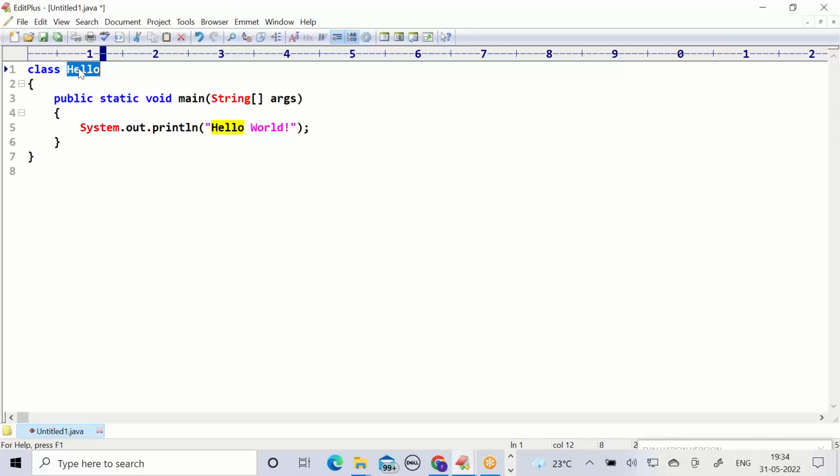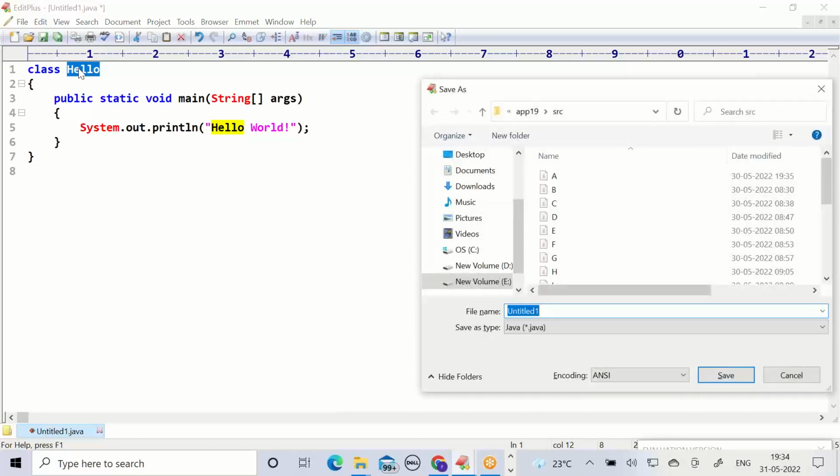Control C. Go for Control S, saving. Control S. See, you got the pop-up window.